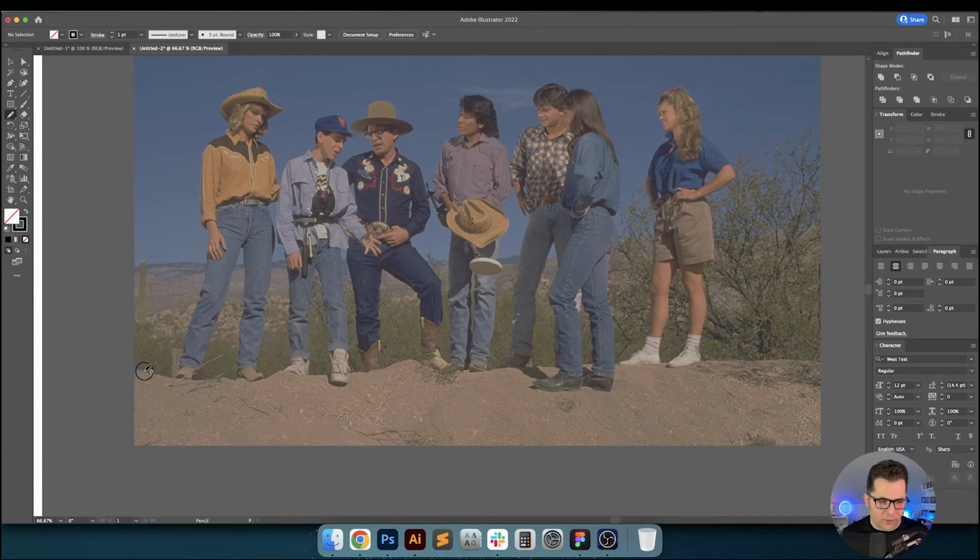just a quick trace of the ground that they're standing on, and basically just create the illusion that they're standing on this ground right here. The ground itself will be a different color from the background, obviously, and also from the main cast themselves. So this doesn't have to be completely perfect. Just remember that we're doing a rough thing here,